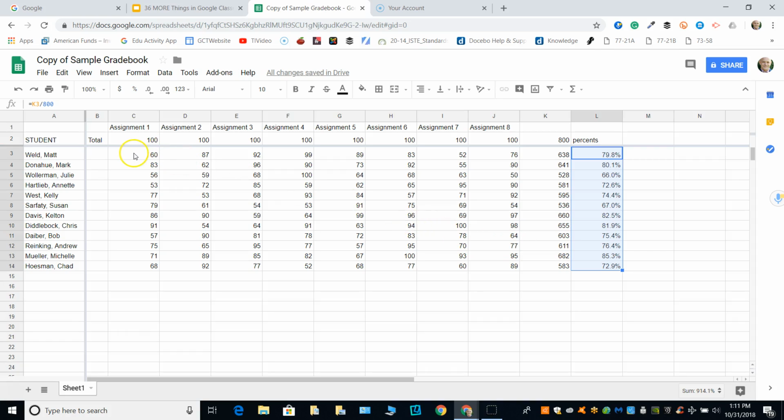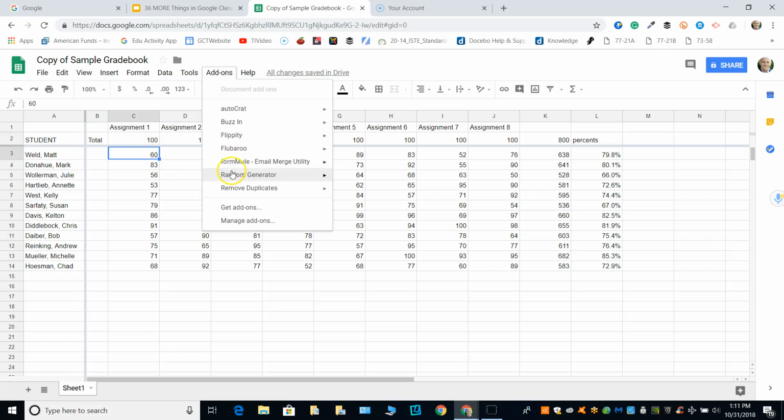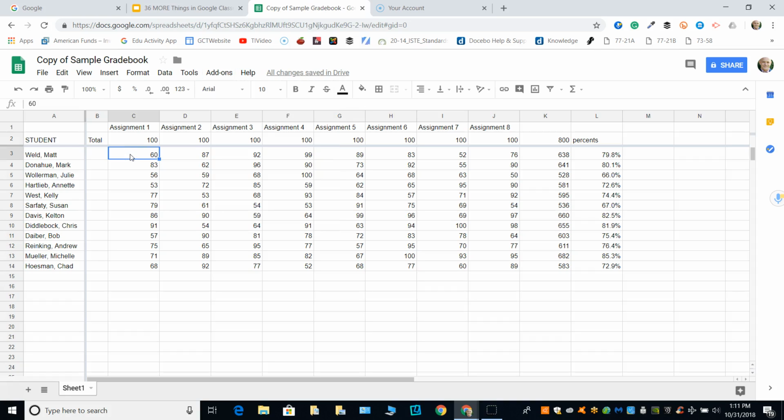Now for the conditional formatting. What conditional formatting does is it color codes a range of values, just kind of gives a snapshot. And so what I want to do is get a visual representation of how my class is doing. Now, what I did for this spreadsheet is I randomized the numbers. I used an add-on actually called Random Generator. And so I randomized the numbers for all these grades, for all of these students, from